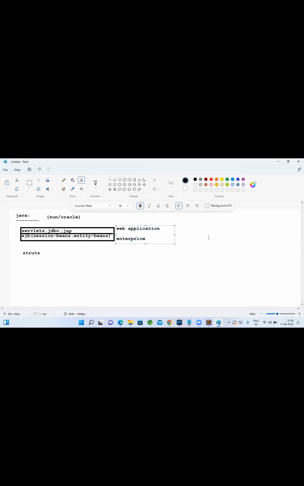Web applications are simple, like if you visit www.icici.com. It's a simple standalone web application just to publish about their company and their advertisements using simple web components.